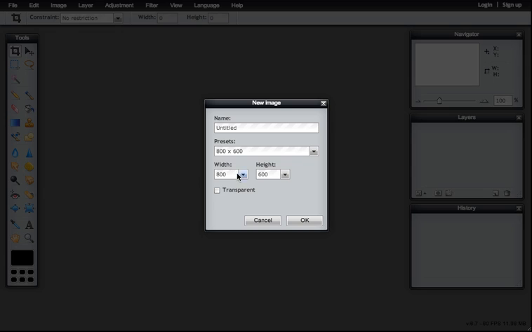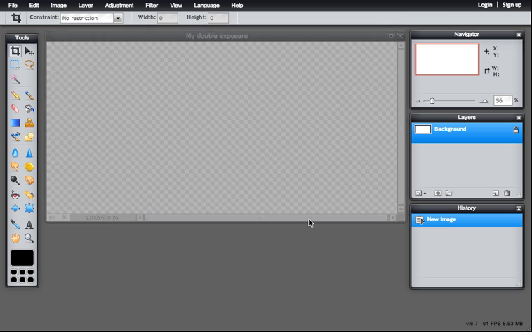And then for the first assignment you want to be in the realm of 1200 by 600. You can either click the down arrow and move the slider to get to 1200, which is sometimes difficult, so you can also just type in the numbers that you want there. So 1200 by 600 for the dimensions, and you can give it a title. And then away you go. It creates the blank